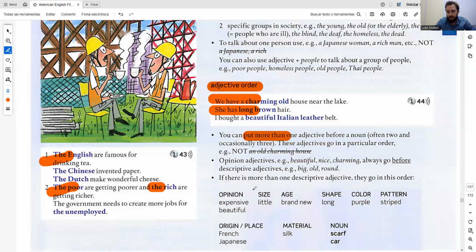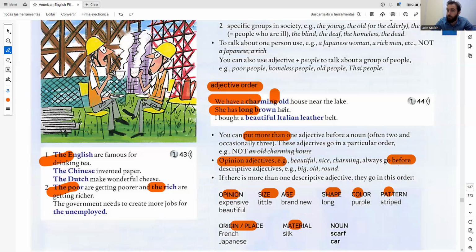Now, there is a selection here. It goes opinion, then size, then age, then shape, then color, then pattern, then original place, then material. No one remembers that, right? You can use this as a reference to help you get into the feel of things. But what we should take away from this is that opinion adjectives always go before descriptions.